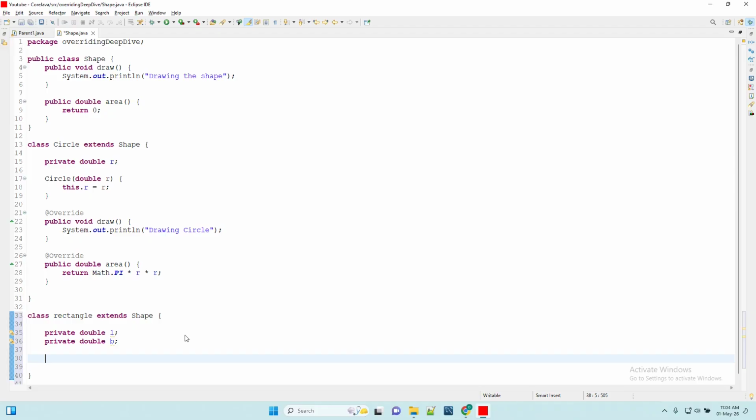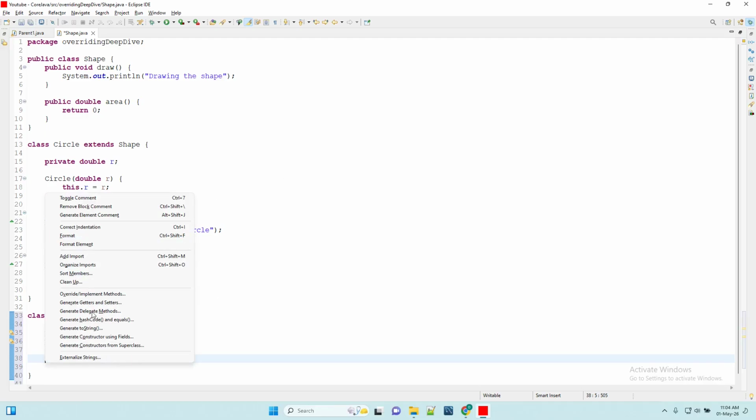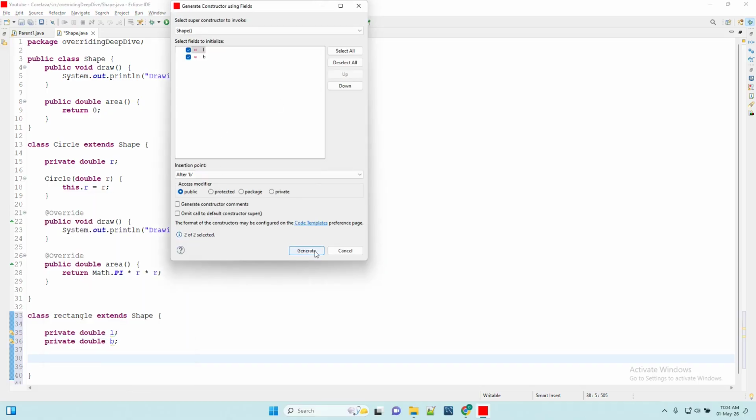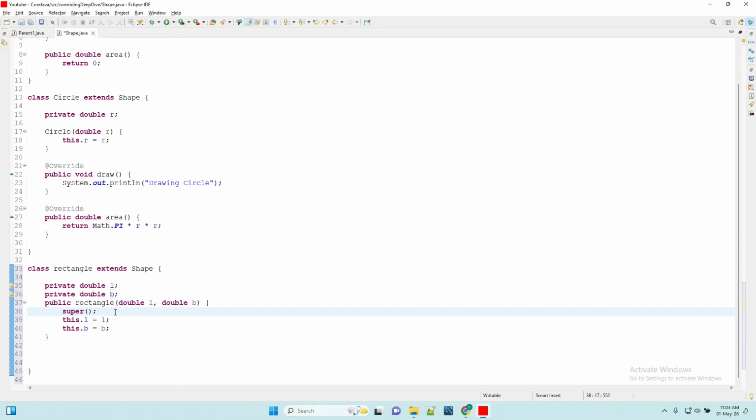Okay, so let's go. I will override these both methods. Let me create the constructor for this. Constructor using field, created the constructors. Okay, now